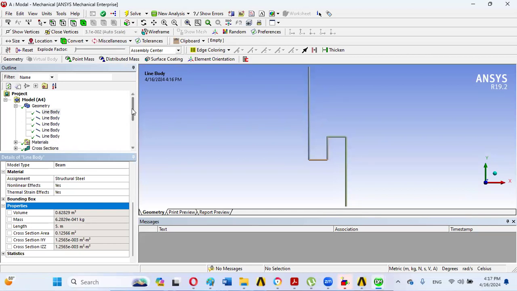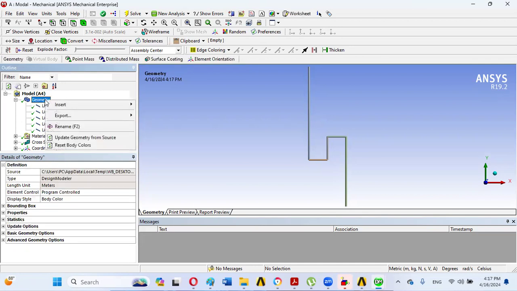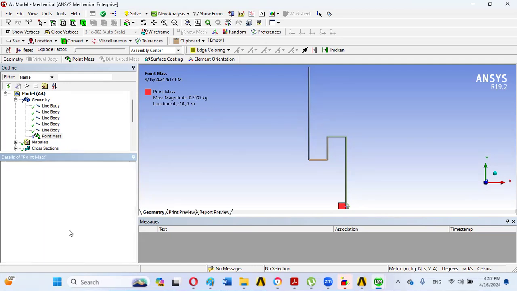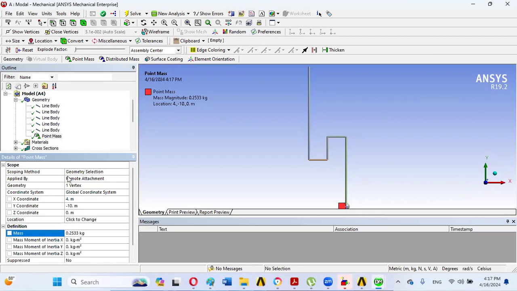And after that, our first simpler task is to create a point mass which has been calculated, and we will be applying this point mass at this point. So click on point filter and click on at this point and then click on apply, and here the calculated mass is to be 0.2533 units for frequency of 5 hertz. So this mass has been applied,